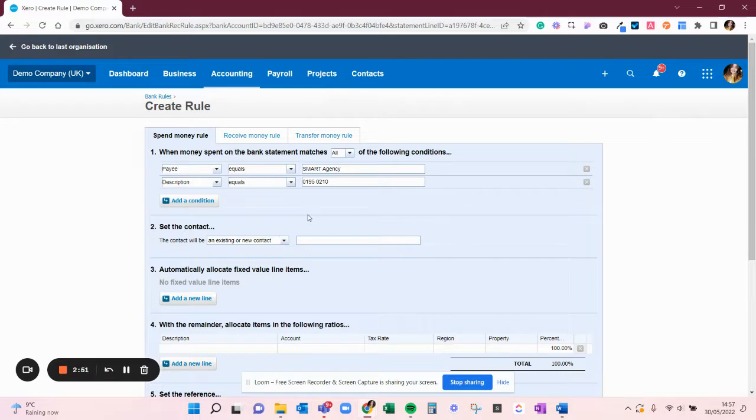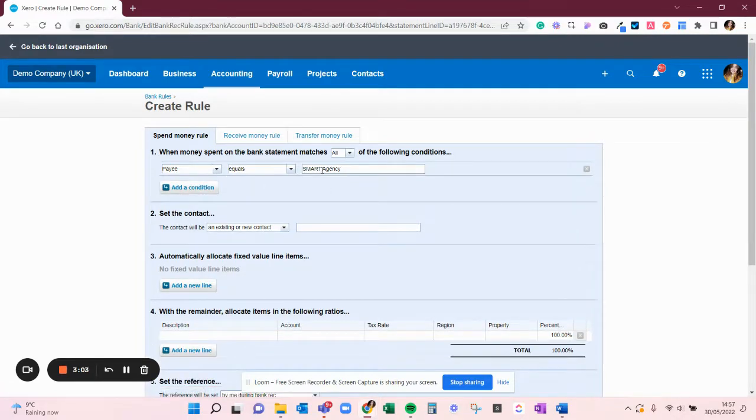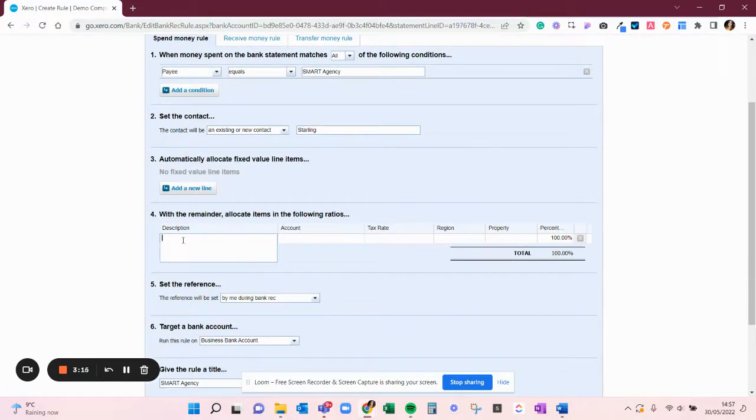So we're saying anytime the bank has a transaction that has this information here, go on and do X, Y, and Z with it. So for this one, we'll maybe just delete all these and just say if it equals smart agency, we're wanting you to post it to the bank fees. So we'll say, imagine this was Starling. So contact is Starling. We're going to ignore this step 3 and we're going to go straight to step 4. We're going to say bank fees,